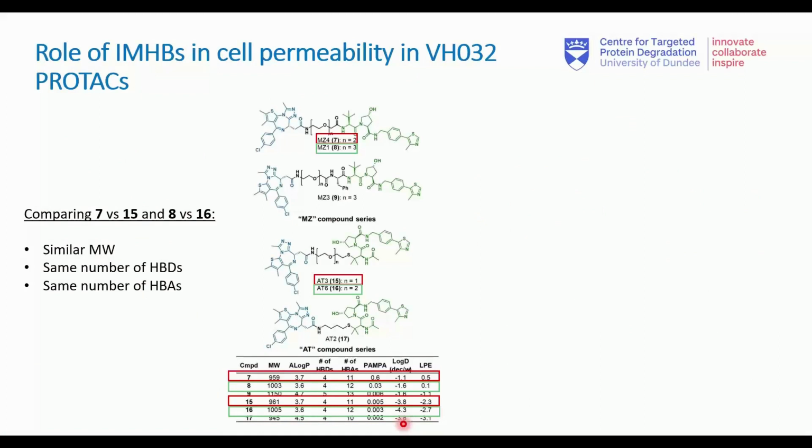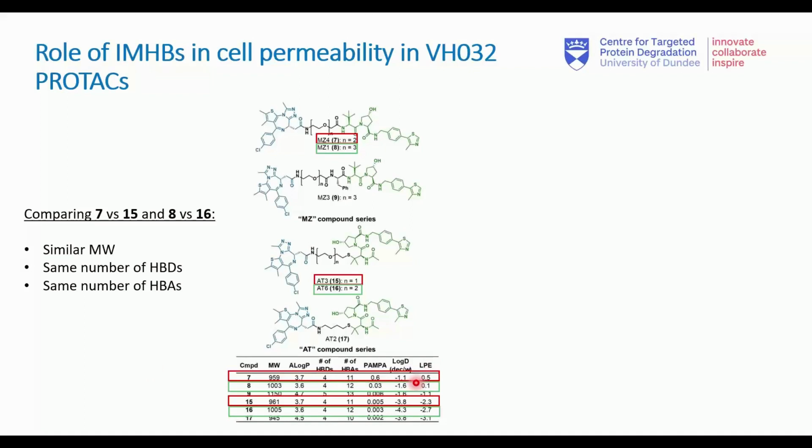Because PROTACs are obviously very flexible in nature, and have numerous hydrogen bond acceptors and donors, it's quite good to compare the role of intermolecular hydrogen bonds and how these affect the cell permeability of VH032 PROTACs. When you compare compound 7, compound 15, and 8 and 16, you can see that they have a similar molecular weight, the same number of hydrogen bond donors, and the same number of hydrogen bond acceptors, but we are getting this decrease in